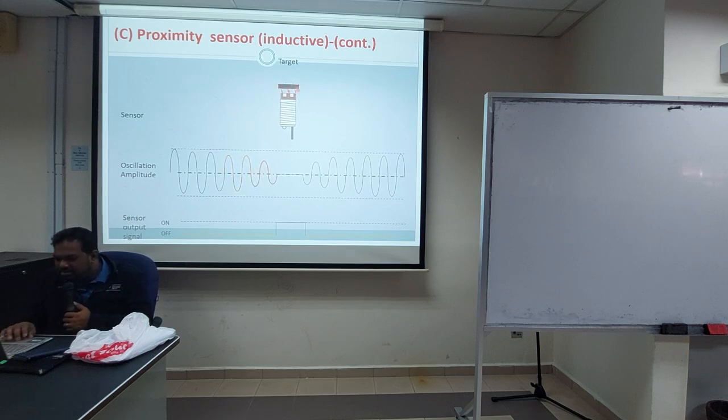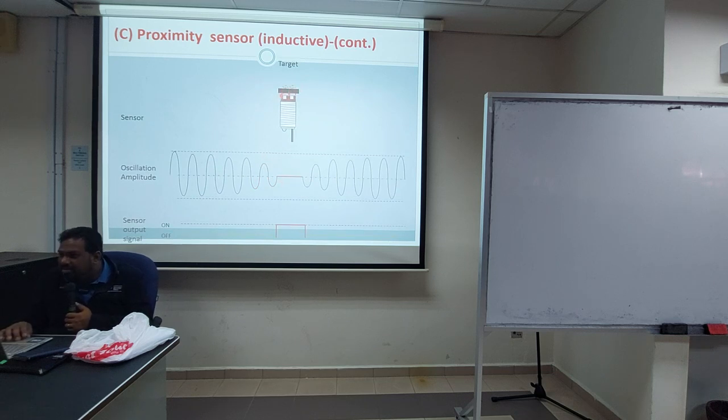So yang ni dia dah masuk ke kawasan dia. You suppose dah boleh detect lah sikit, tapi it's not fully. When it enters here, betul-betul is covered by the detection range. Baru sensor akan on. So boleh tengok ada lampu dekat sini. Nampak tak? Warna hijau. Kan? Then dia dah keluar dari